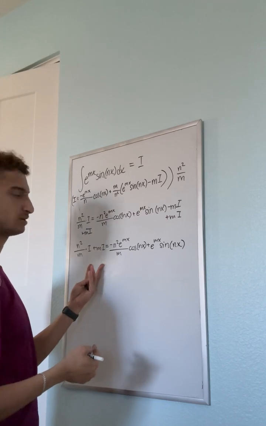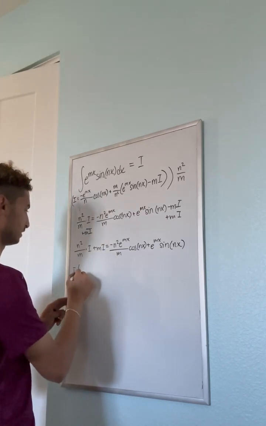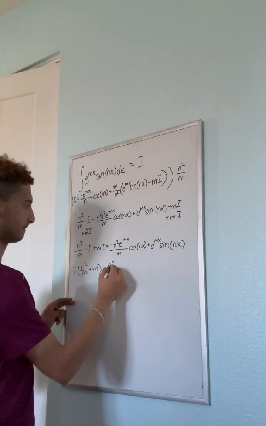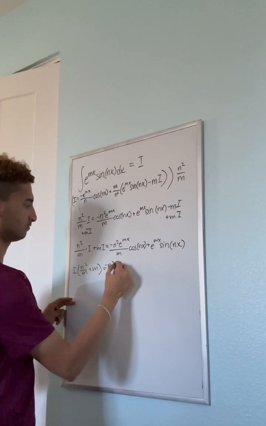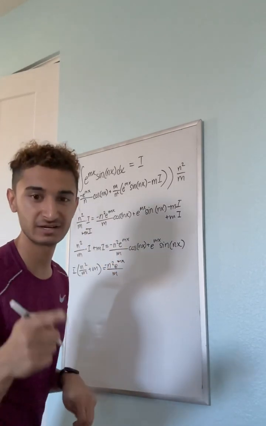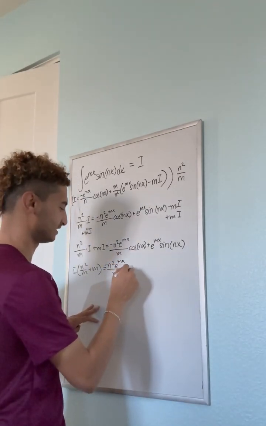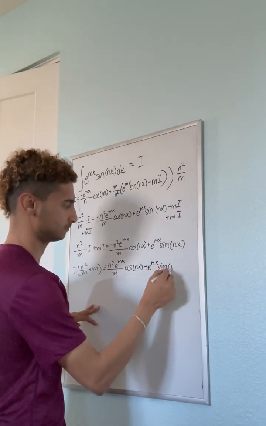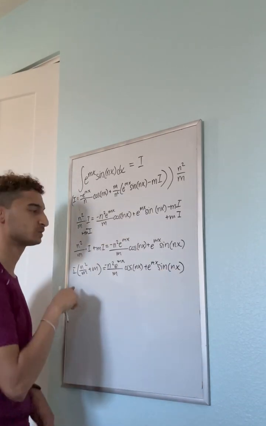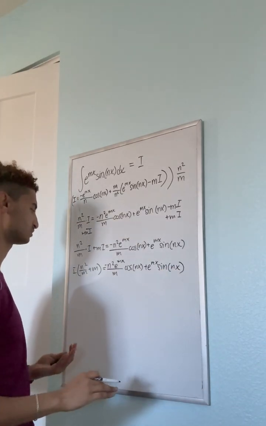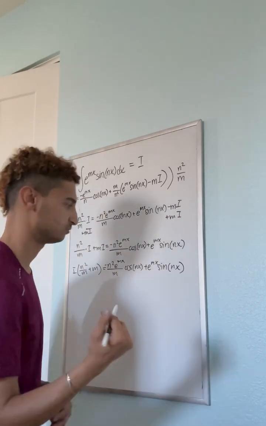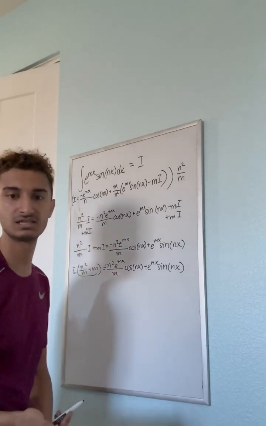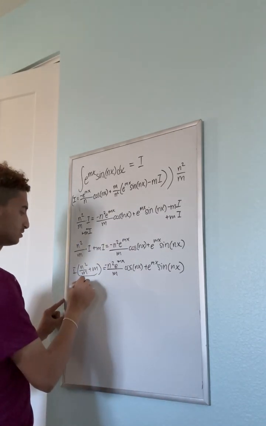Now, if we just factor out an I from this, you could see that I is just this, negative. Don't forget your signs, right? Okay, now we only have one I and everything in terms of n, m, or x, so we're good to go. But I kind of don't like that it's in that form of the fraction,